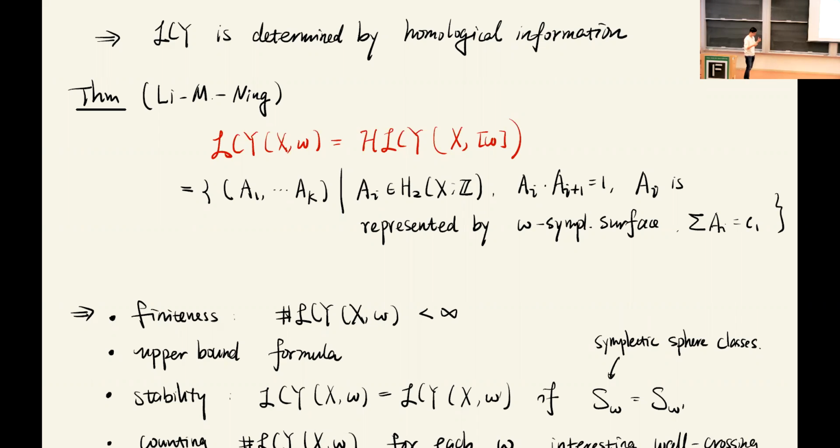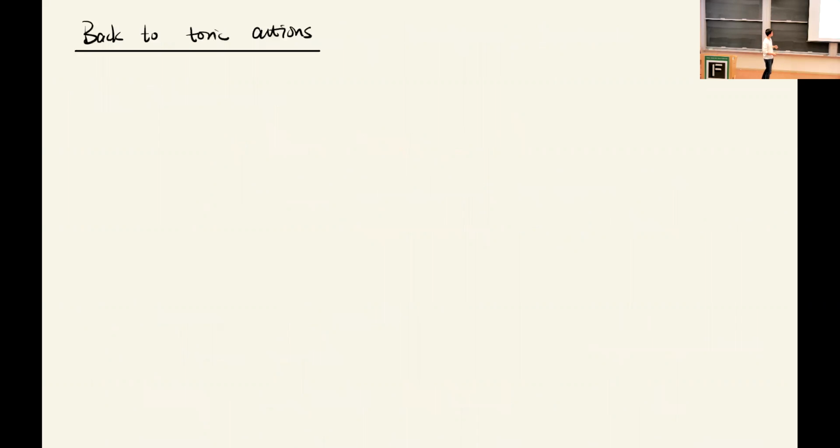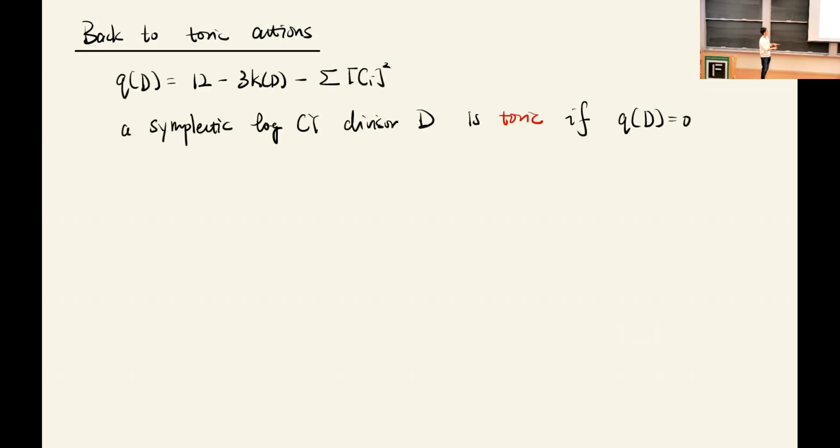So these are log Calabi-Yau divisors and their properties. Now let's go back to something you might be interested in, which is toric actions. As I've mentioned, there are examples where these divisors do not come from toric actions. So we have to restrict to a smaller set of divisors called toric, which is defined by this quantity QD